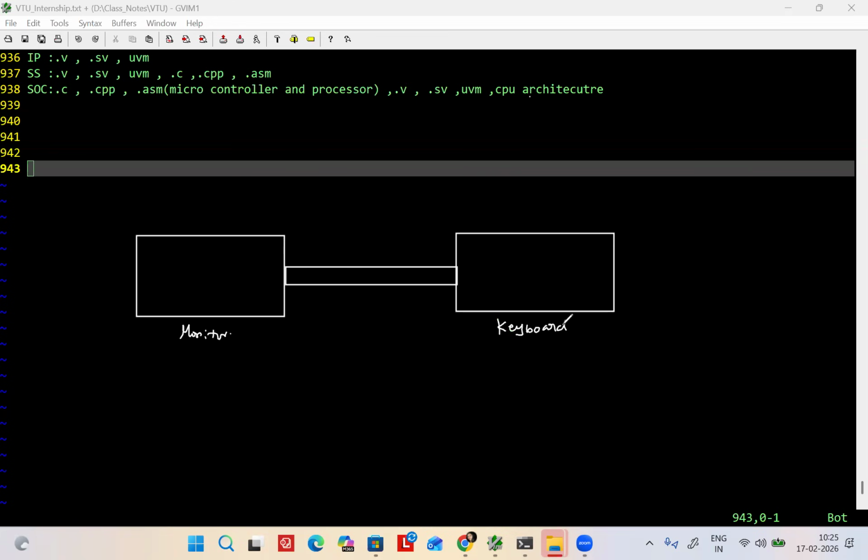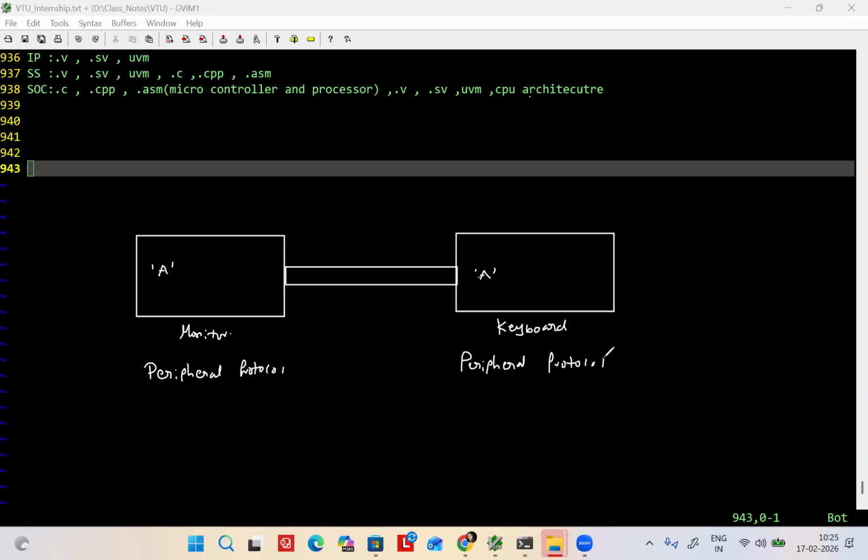Now imagine you press A on the keyboard. Will that A be visible here in the monitor? Correct. So these two are called peripherals. What is this protocol called? Peripheral protocol.